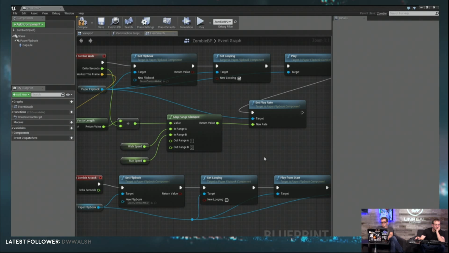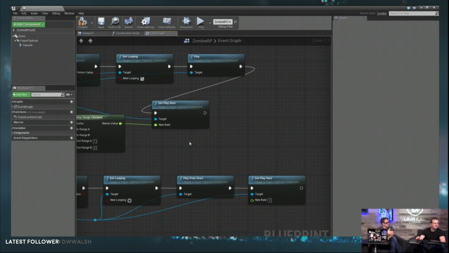Now, what might be a good use for a Pure node, if you don't mind the calculation overhead, is someone was talking about jump height. We were discussing before this about how someone might need to calculate a different velocity for a jump height, not necessarily just use a 1-for-1 space bar where the jump height is always set to this velocity. And so yeah, velocities are a little tough to do.